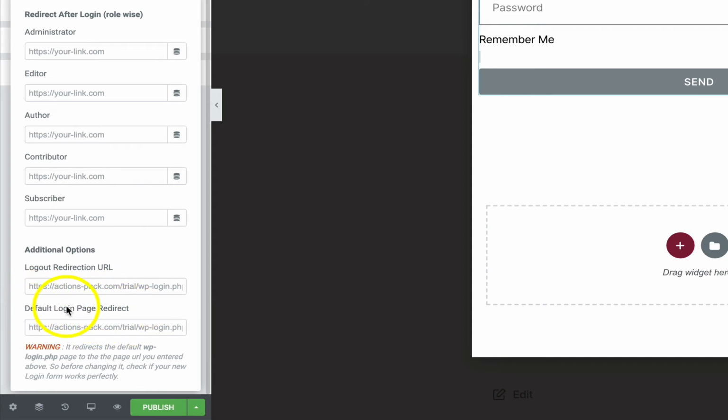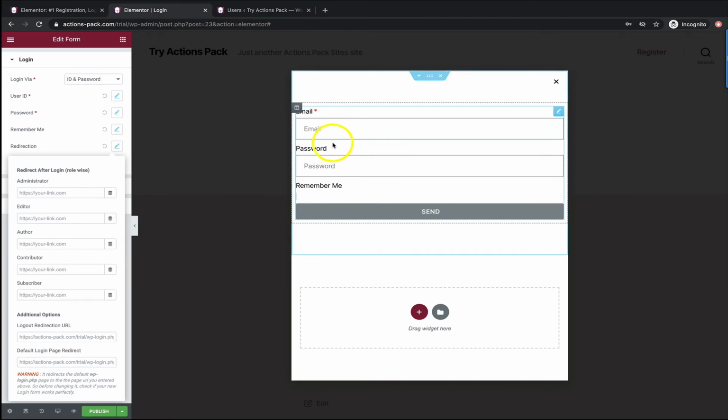Now I want to highlight this one really because back at the beginning of this video, I did say you can get rid of your ugly WordPress default login page. And this is where you could set the default login page, change the URL essentially, so it's no longer that ugly WordPress one. You can have your custom page here. Now, of course, this could be a page.